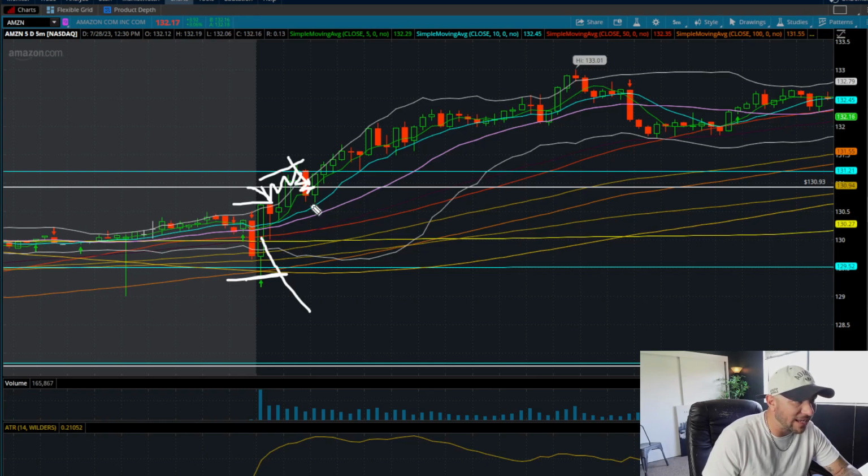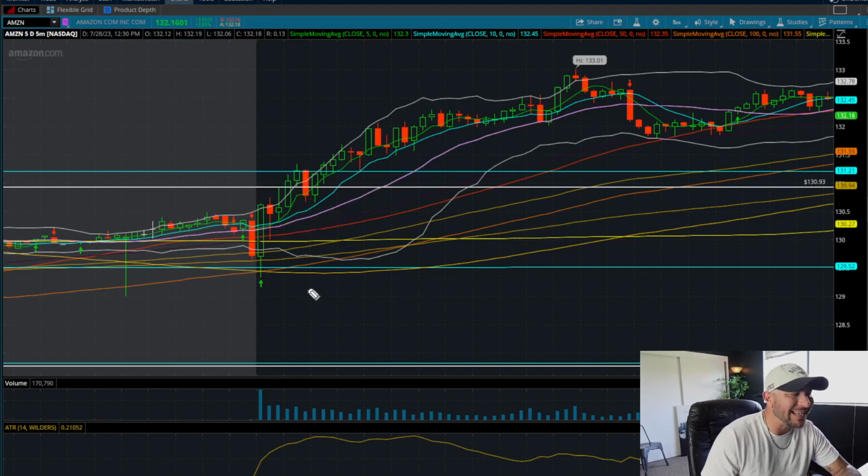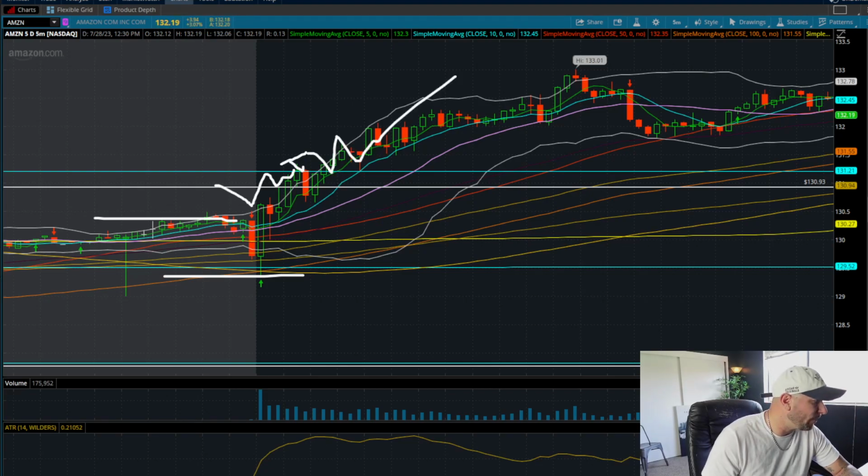Comes all the way back down. Trail your stop loss with your 20 SMA and continue to let the bad boy ride. I essentially let this ride for a couple of hours there. But again, it's not hard. That's what I'm looking for, I'm looking to clean up this. I'm using a 1-bar stop, I'm taking profits into supply, and I'm going to continue to hold it, and so forth.